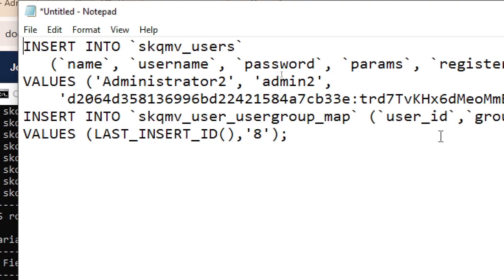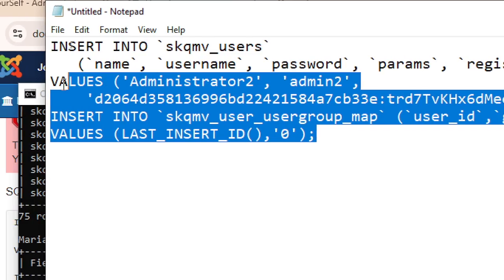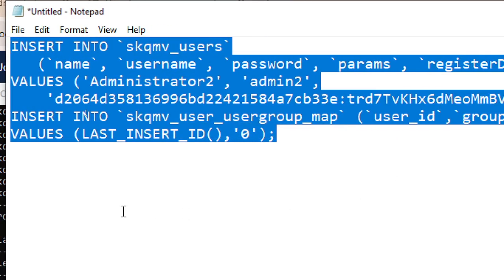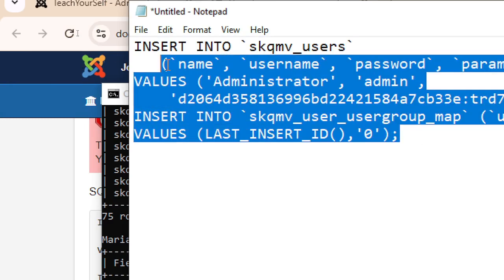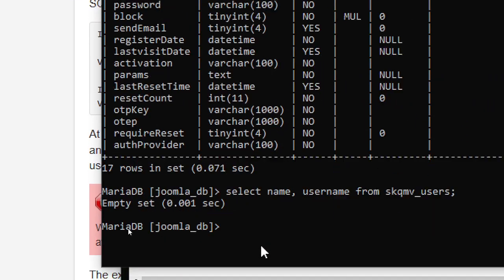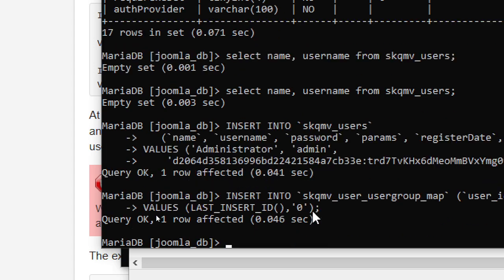So SKMB user with user ID, last insert ID is 0. Let's try, because there's no user when we query, and the password is secret. So we name this one as admin. Let's see, copy, and as you can see, there's no user. Now we're going to insert user, enter, and now there is one user,